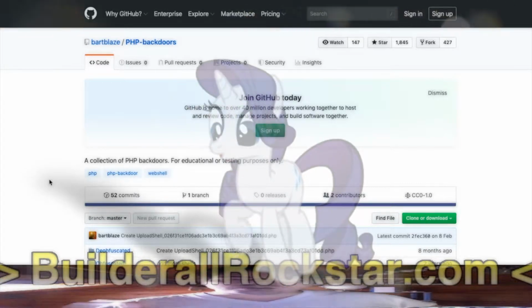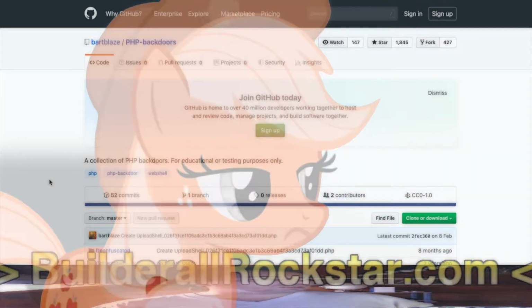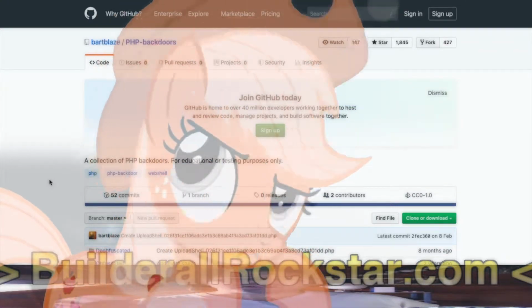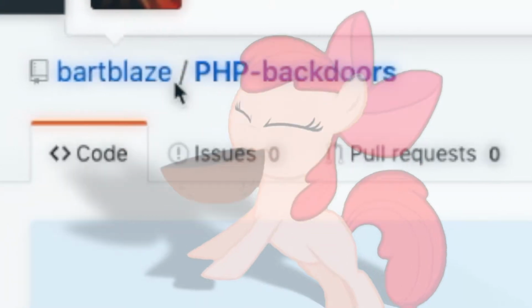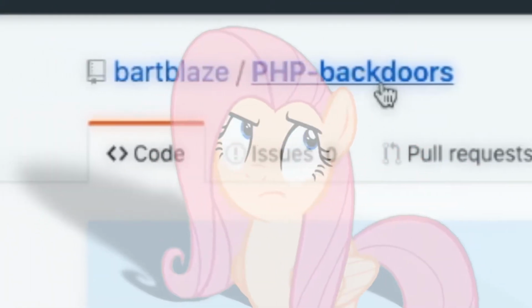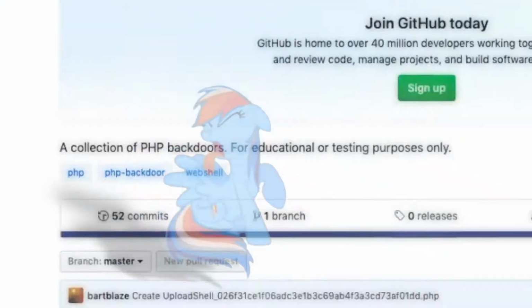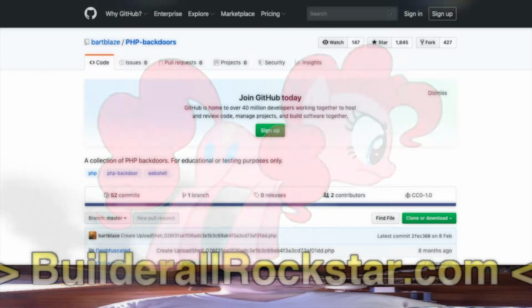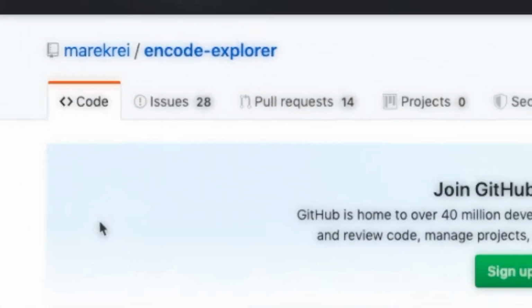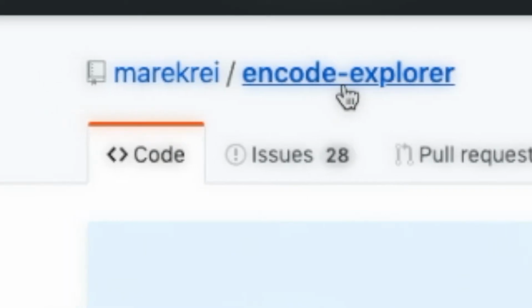Those are all things you can do with plugins on WordPress, most of them. But having a simple PHP file in order to do everything can be good. So you can see here Bardblaze slash PHP-backdoors on GitHub if you want to have a lot of backdoors. But the one we use today is also on GitHub, marecray slash encode-explorer.